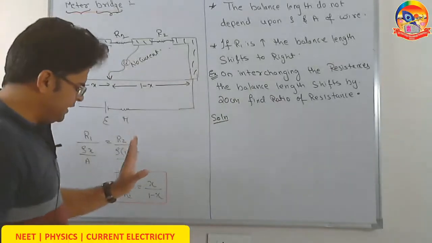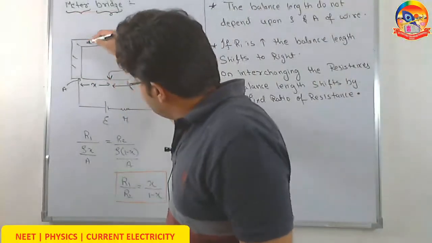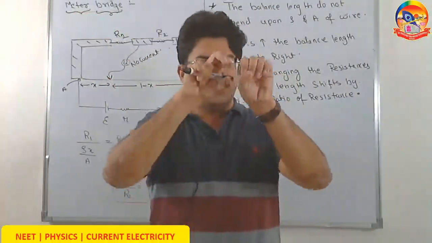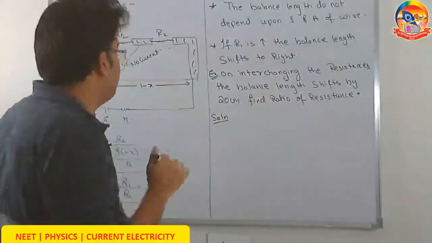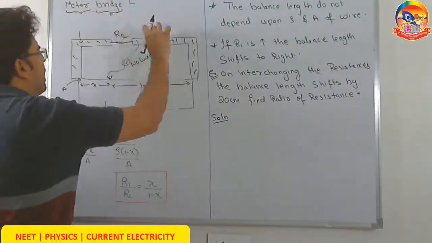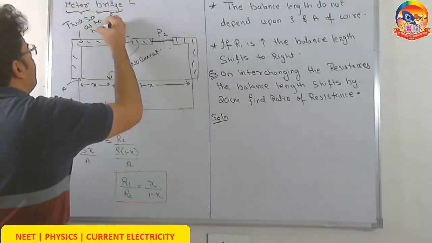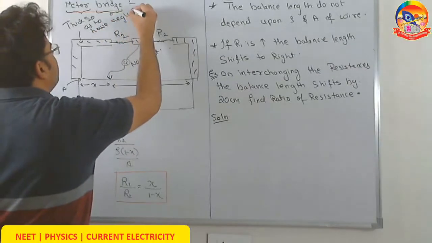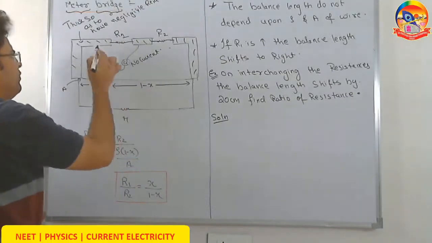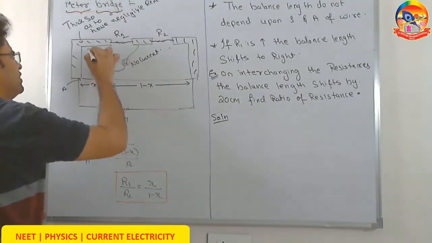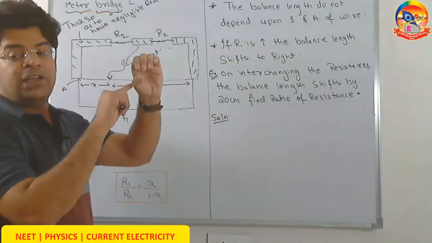Very simple, easy device. Which points we should know about meter bridge? First, why are these parts thick? Beta, a thick rod has got more resistance or less resistance? Rho L by A. So, the thick part should have less resistance. So, these frames are kept thick so as to have negligible resistance. Otherwise, taking the resistance of this part, we have to consider R1 plus resistance of this much frame as well. Okay, we have neglected it because we have taken it thick.